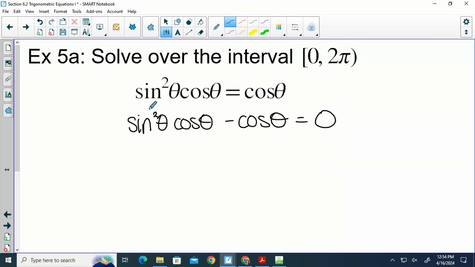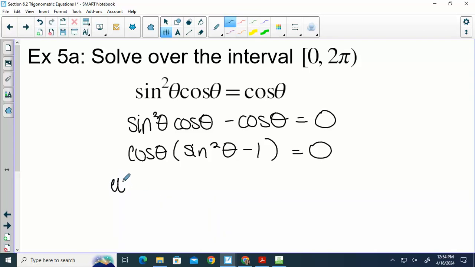Now, you could certainly do some identities, but it's not necessary because we are able to factor this. We could take out a cosine, and that would leave us with sine squared theta minus 1. Can we change that back into cosine, or is it just going to go in a loop? It's going to go in a loop. It would work, it'd be okay. So if we set them equal to 0,